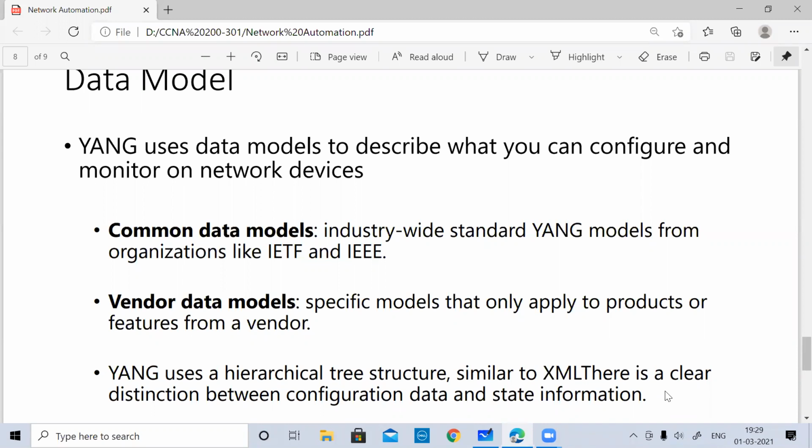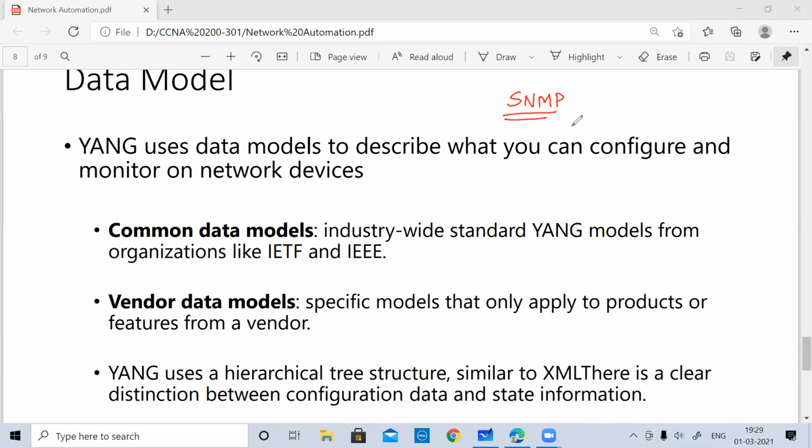This is similar to SNMP, Simple Network Management Protocol, where you define your management information base and you can do monitoring. Just to give you a small overview, SNMP is your network management protocol.